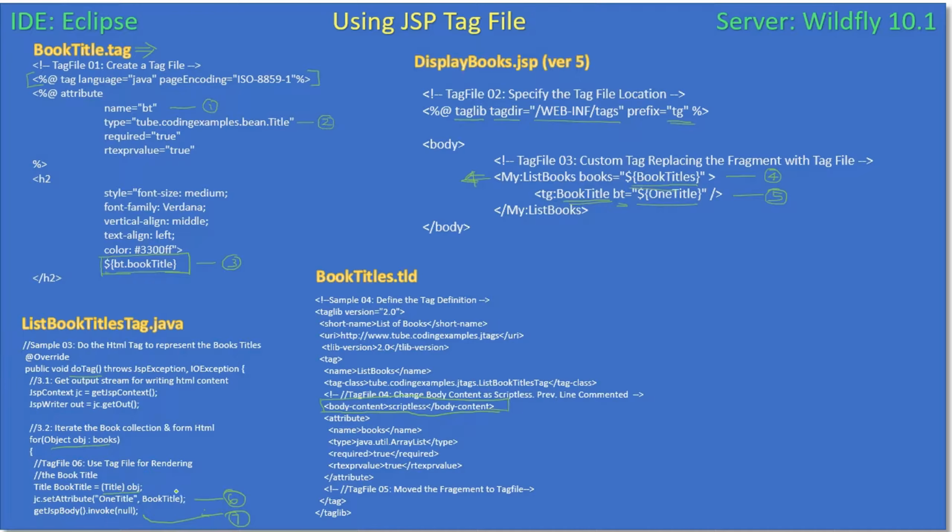Then for each book found, we are invoking the body. So the body we can map it here, right? Invoke body, so it will invoke this body. tg:bookTitle, and that's defined here. The bookTitle attribute is bt, that means it invokes this. So this is how it goes. All right, to explain it further,